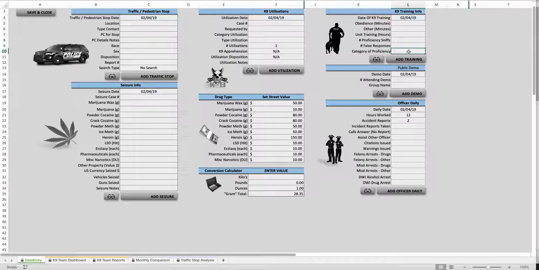If it was luggage, you can type that in, or cars, or whatever proficiency sniff categories you want to put in there, you can just type in there. But these numbers right here are going to be what goes into calculating your accuracy percentage of your dog in the narcotics utilization. So the next number we need to worry about is the bite ratio,